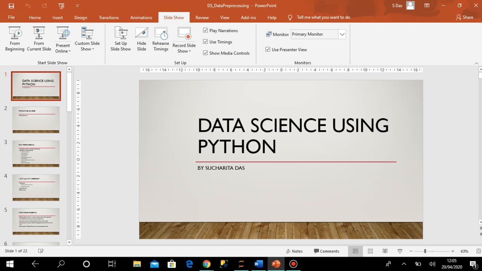Then we tried to become familiar with the different columns or features of the data set, and what the connection or relationship is between different features. Then we tried to draw some graphs, visual representations, to have a better understanding. We also understood how to remove some unnecessary features from the data set, etc.